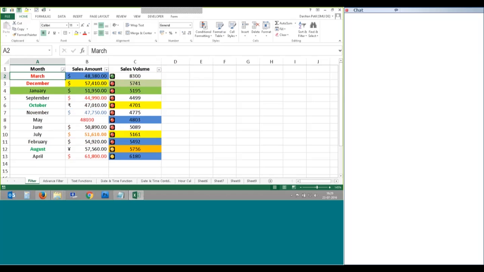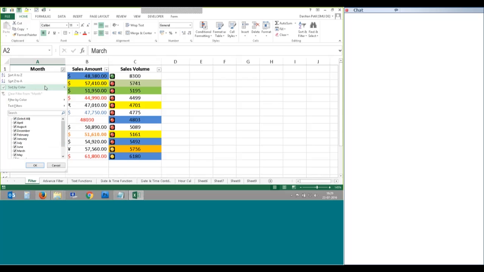As and when the criteria changes, our data order changes. Sort by font color: March and December are red, so they are the first option. Sort by red color, so March, then the next month is December. Then A to Z and Z to A, that is fine. Then sort by color,